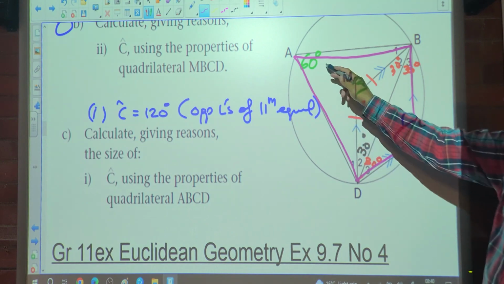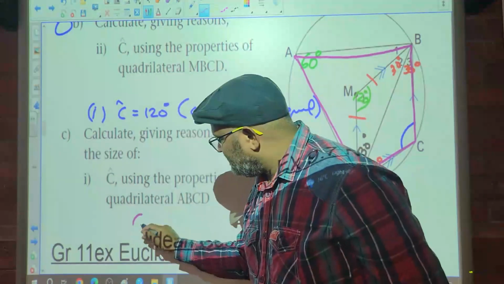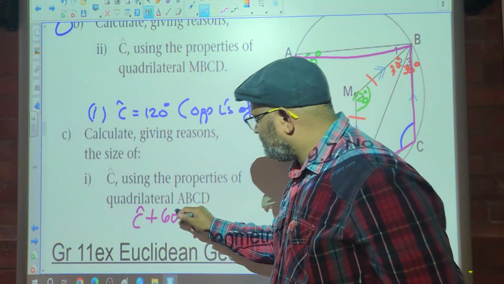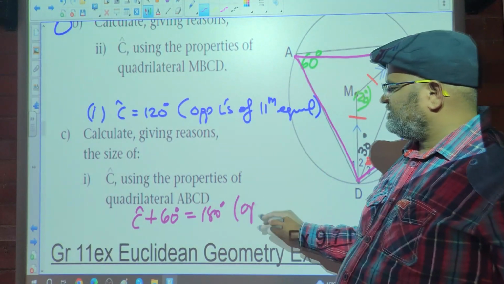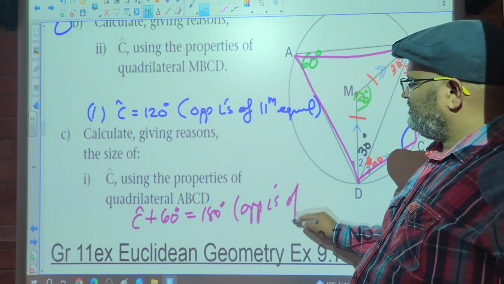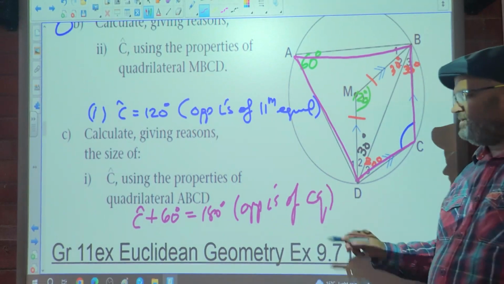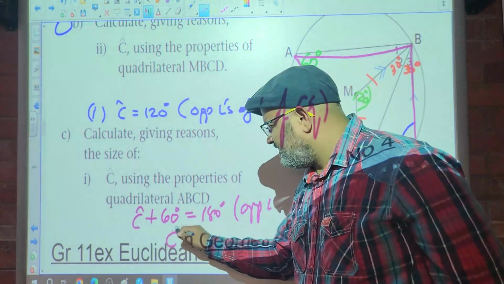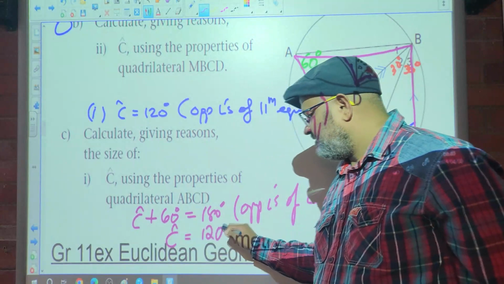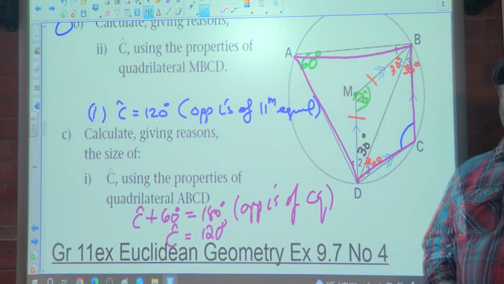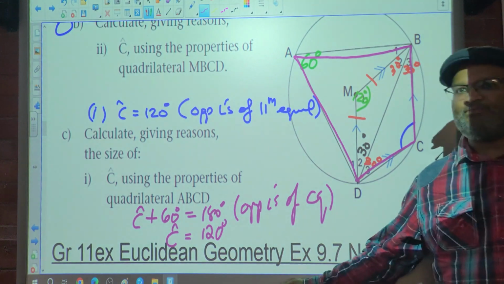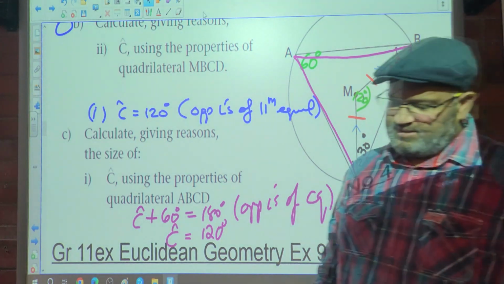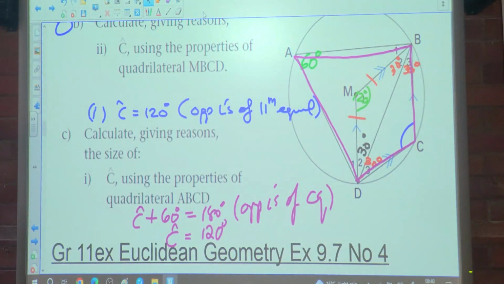So now we know that angle C plus 60 degrees equals 180. Why? Opposite angles of a cyclic quad are supplementary. So angle C works out to be 120 degrees. You guys understand? Is there any confusion there? Alright, so with that, it brings us